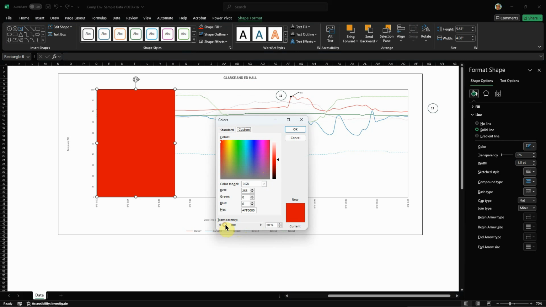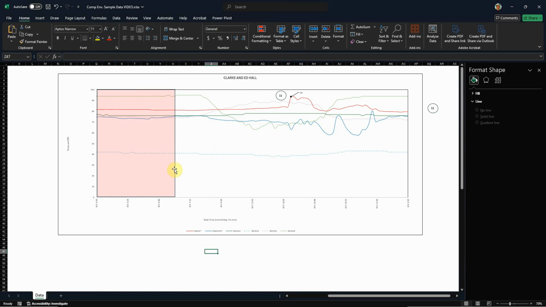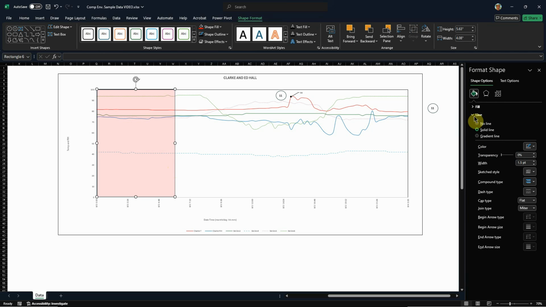I can adjust this to wherever I want. And I can do several of these. That has a border around it. Maybe I don't want a border, so I turn off the border,